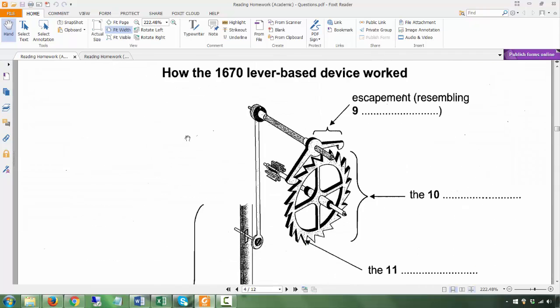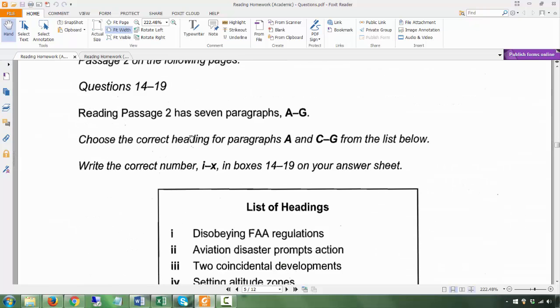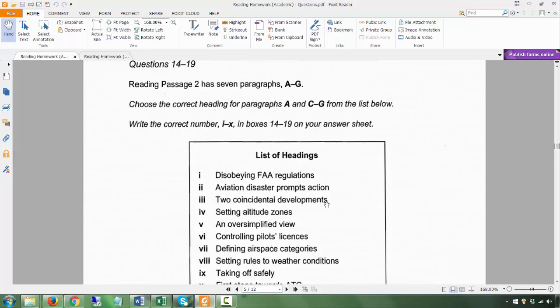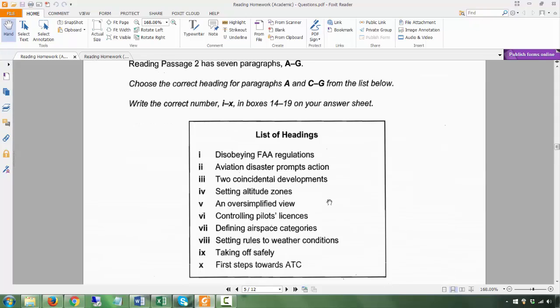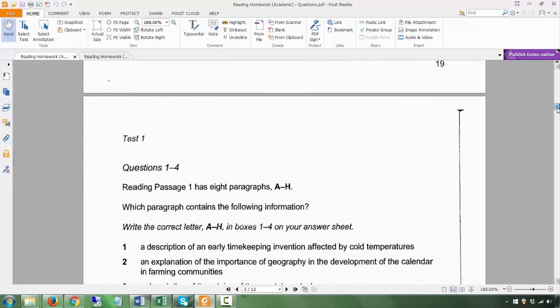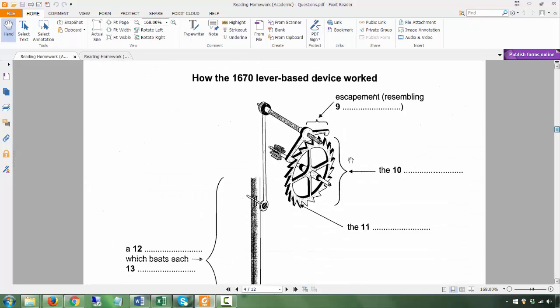Let's go to passage 2. Alright? So passage 2, you have a list of headings. Again, this is another thing that is not going to be in order. Just now in passage 1, the first kind of question was matching information. Then after that, it was matching features. Both of them are not in order. This one also is not in order, but it's all in one section. And so it was pretty easy. It was all in paragraph G.